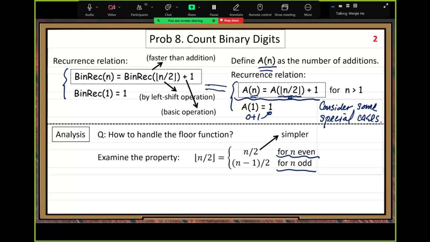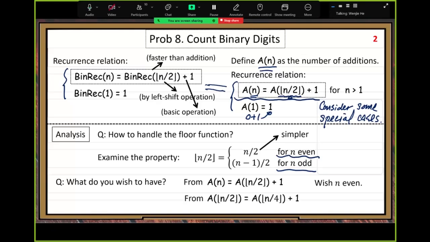Let's assume n is even first. If n is even, then we can simplify this equation by removing the